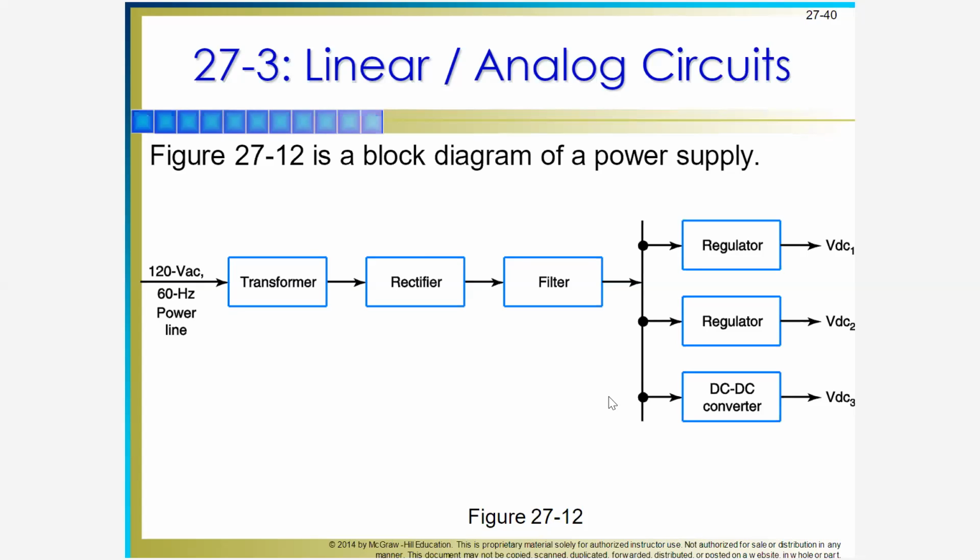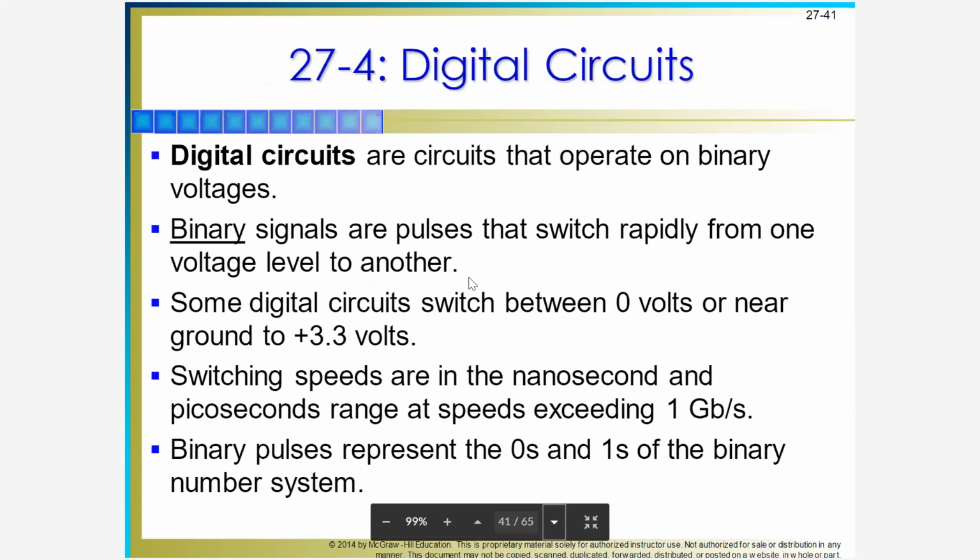If we are using a 5 volts power supply, then a rectifier will be used to convert AC to DC, then a filter. If there are some problems or some ripple, it will be filtered, then a regulator to become voltage DC1 and voltage DC2. Okay, that is the form. Then it will be discussed later, this one. Okay. How about digital circuits?